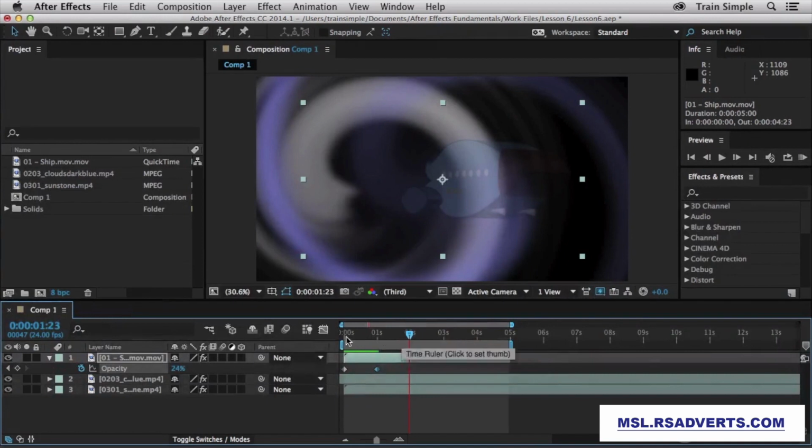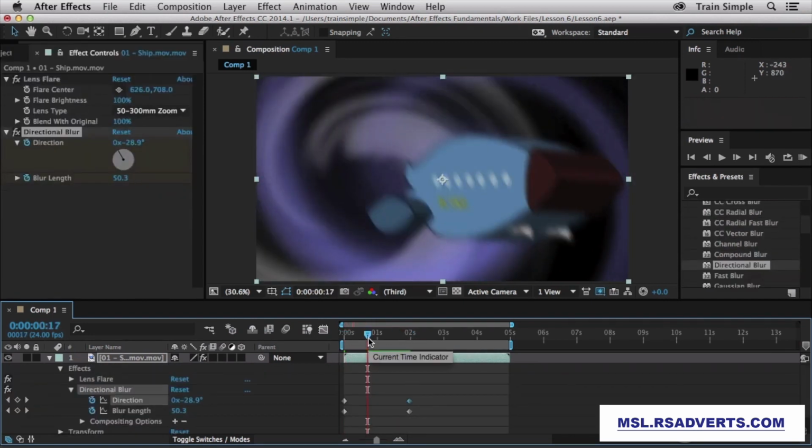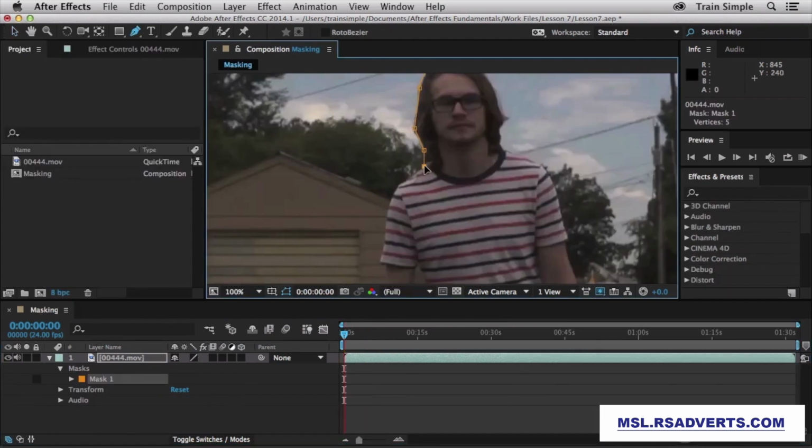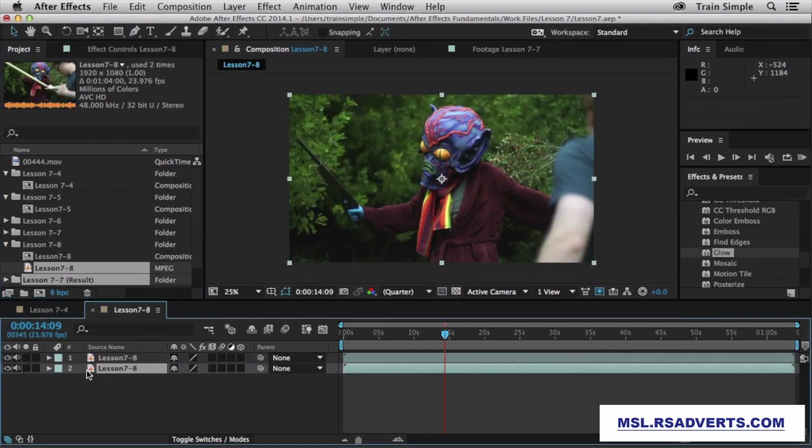And then it's on to animation. We'll learn what the transform properties are for After Effects, and then we'll learn how to animate those out. In addition to this, we'll learn how to create motion blurs, animate out filters, use the graph editor for more advanced editing, and then create time differences with keyframing. And then we'll move on to masking. We'll learn what they're for, we'll learn how to create basic and complicated masks, we'll animate the mask out, and we'll work with masking shapes and masking with clean mats.